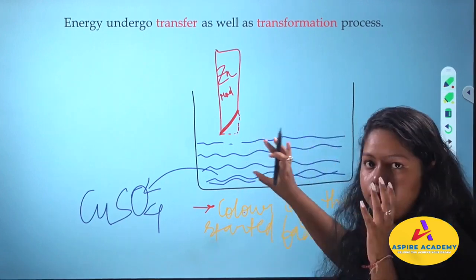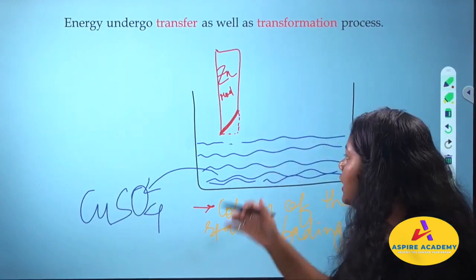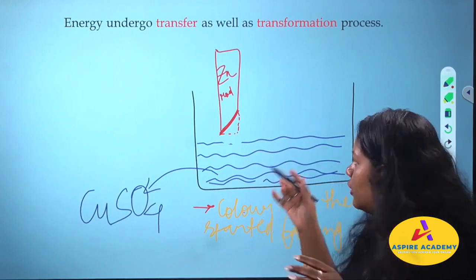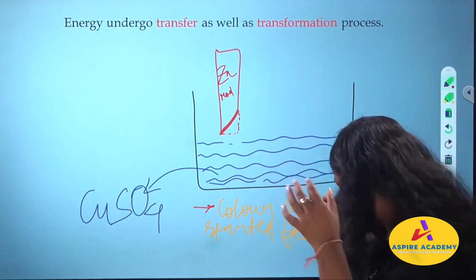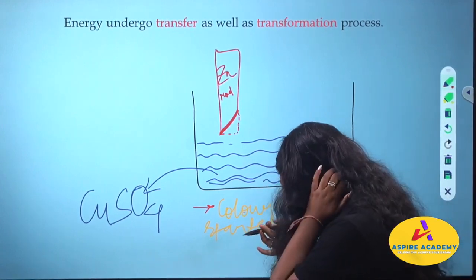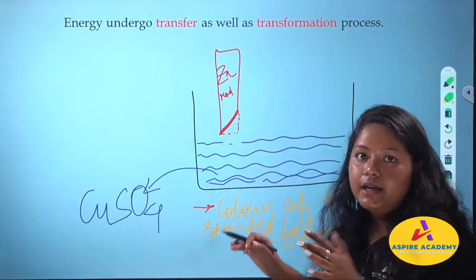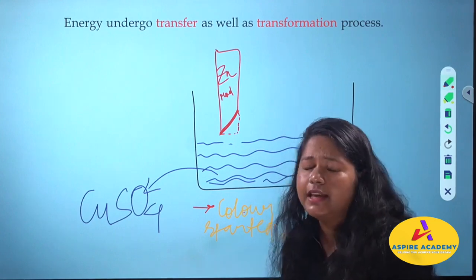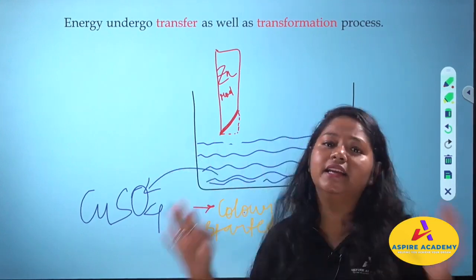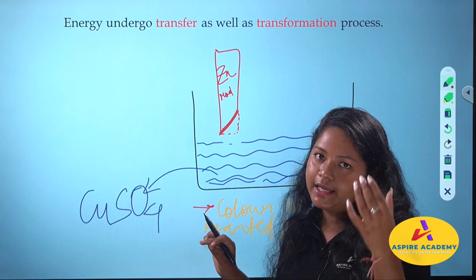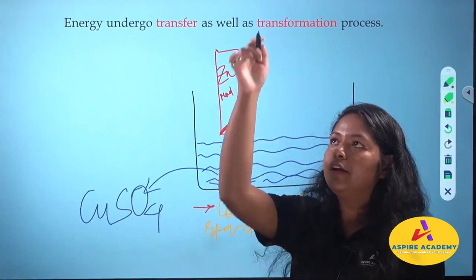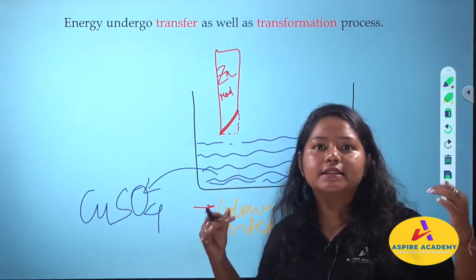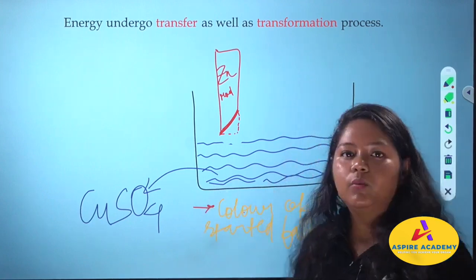This blue color was changing to light blue, and the zinc rod, the size of it was getting reduced. Also the beaker, see, you have not given any heat, you have not done anything in this world. You have just taken a beaker, you have poured CuSO4, you have placed the zinc rod. Now you see, suddenly it was getting warm.